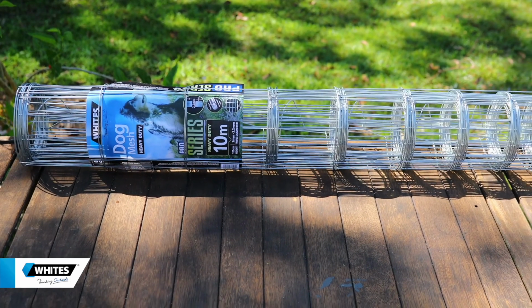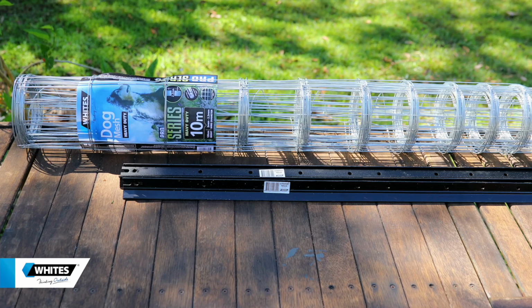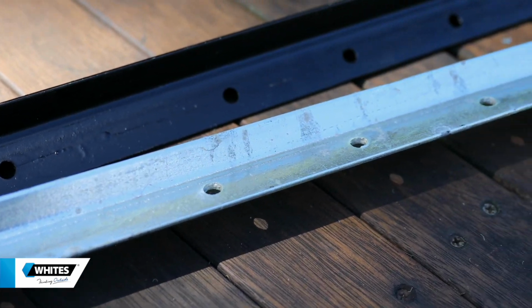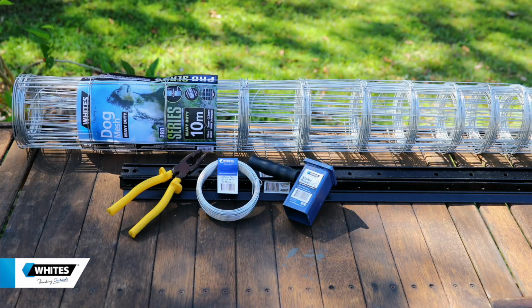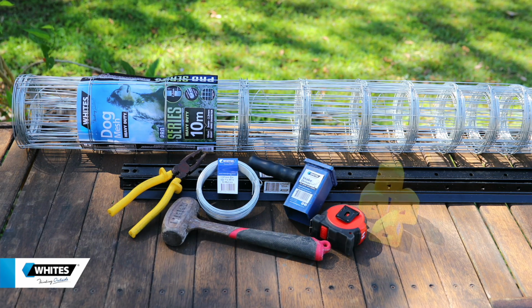Installation is quick and easy. You'll need a roll of White's Pro Series Dog Mesh to suit your project, 1.65 metre Ultrapost steel posts, allow one every 2 metres for small to medium dogs and closer spacings for large dogs. Ultraposts are available in a black or galvanised finish, a small roll of 1.6mm tie wire, a stake driver, a